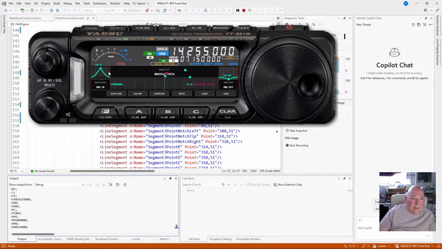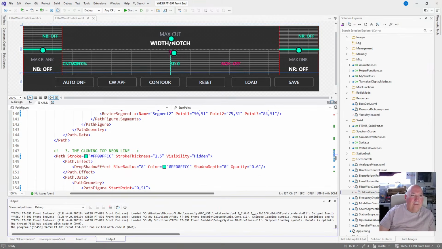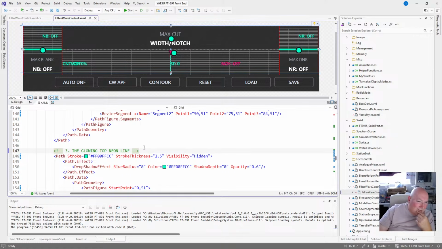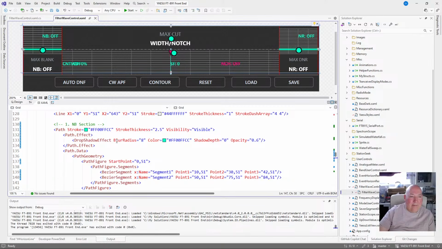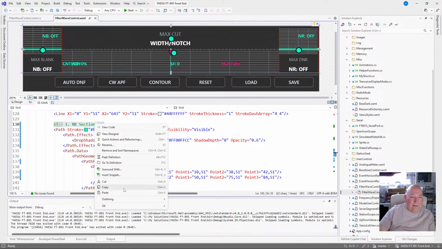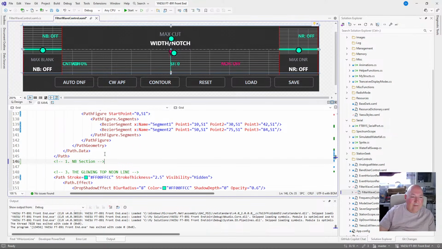Right, so does this stop? That's still operational, that's good. And the noise blanker's coming on and off. DNRs, yeah. So we've got this area separated now, that's good. That's better. Sometimes you have to do the code yourself, most of the time. That's always the way I used to do it. Yeah. Got spoilt a bit, but I don't know what's happened to the AI tools just lately. Right, so we're okay there, so I can just section that off. That's the noise